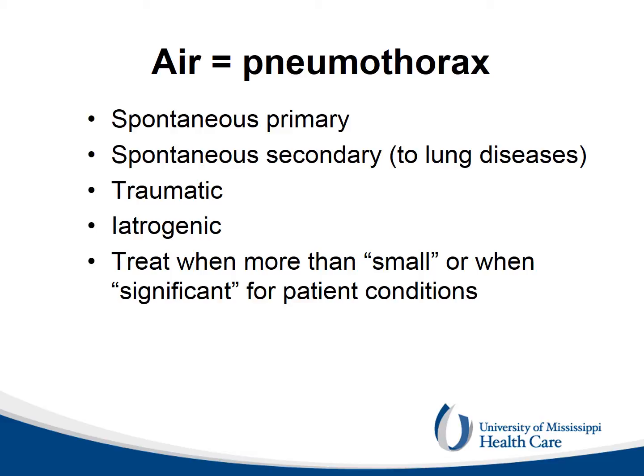The pneumothorax can be spontaneous, either primary or secondary to bullae and/or blebs, or can be traumatic or iatrogenic. The latter is usually produced by insertion of a central venous line or by lung biopsies. It is proper to treat them when significant for the patient's condition or if increasing in volume on separate chest X-rays. During treatment of a trauma, they are often treated on physical exam only or clinical presentation.